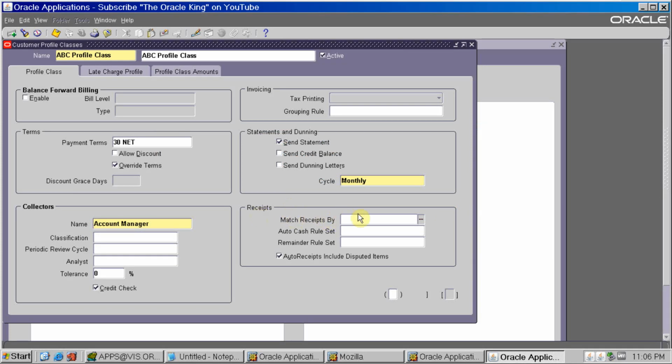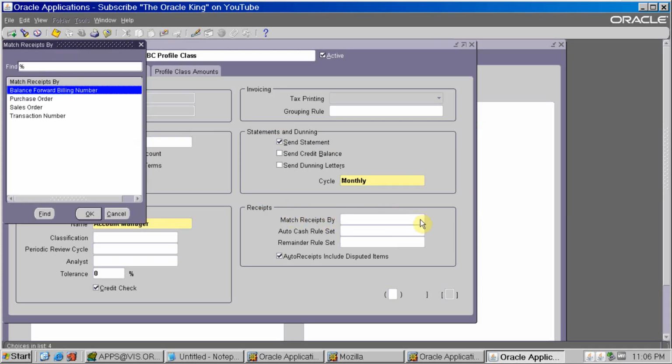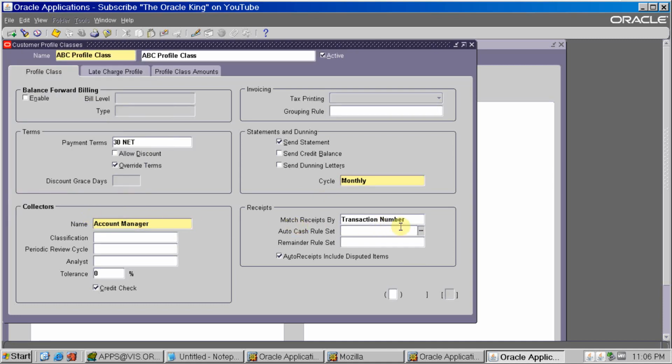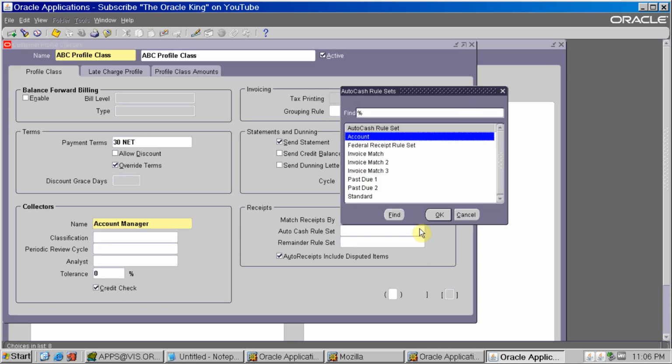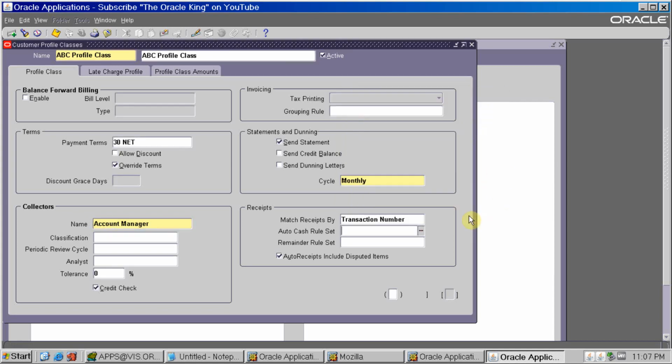Okay, so this is the receipt match receipt file. Yes, I'm saying transaction number. AutoCash rule set: for this also I will have a separate video, on how quick post receipt is processed. Normally this AutoCash rule set is used when you have an interface to create a receipt, or you are using the lockbox.